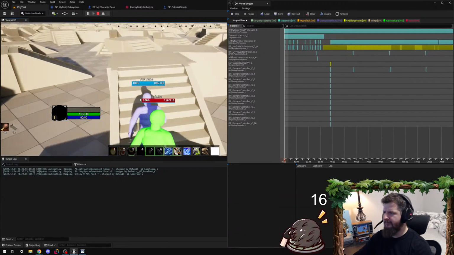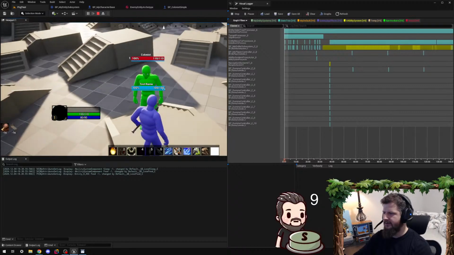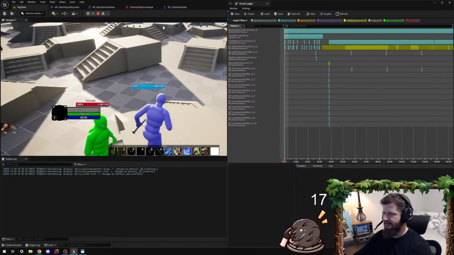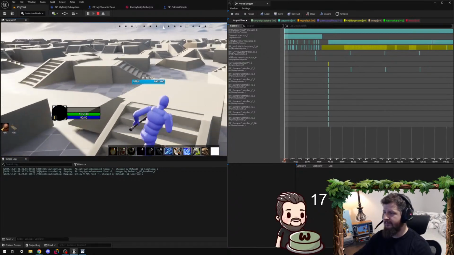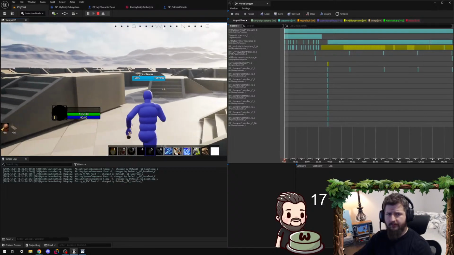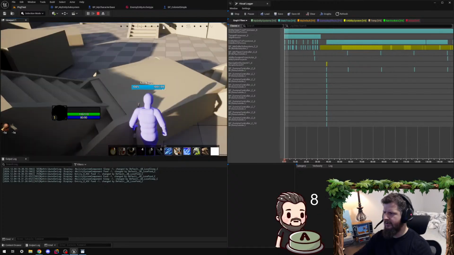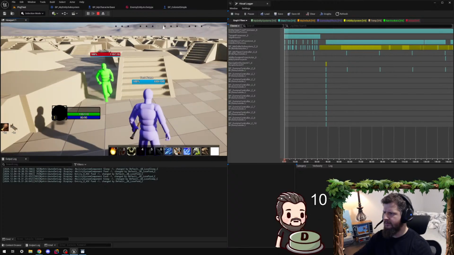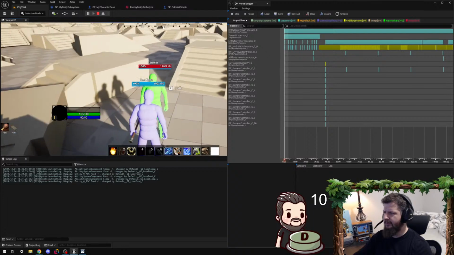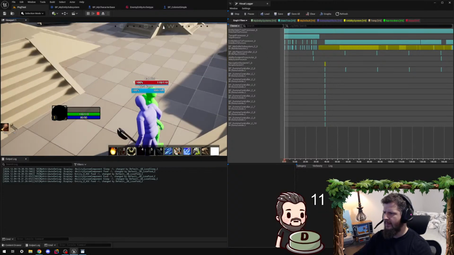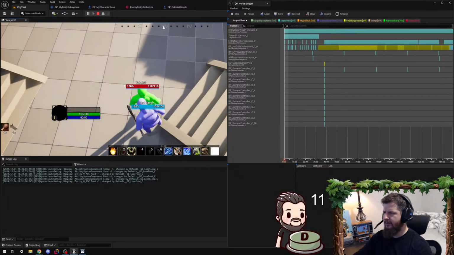The floating pawn movement is still an issue. As you can see, he's kind of floating around, as you would expect from a thing called floating pawn movement. I don't think I'm going to be changing the movement component at all, though. Now, what I'm struggling with now